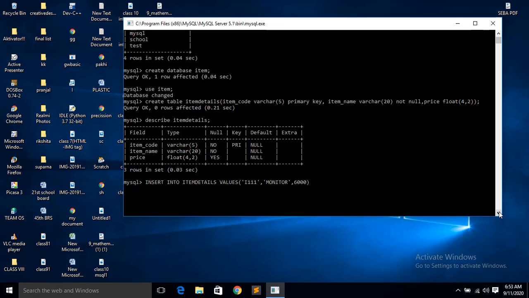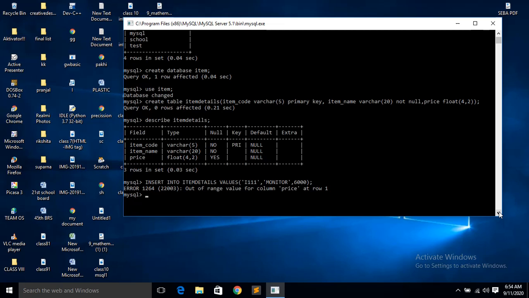This is the first record you are entering. Say you are not having time to enter the records together, so you insert one record at a time. If you want to insert one record at a time, then once your one record is finished, give semicolon and come out. Now you see the error came, is not it?